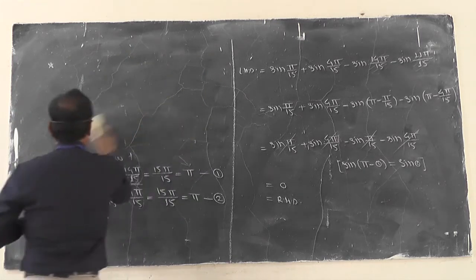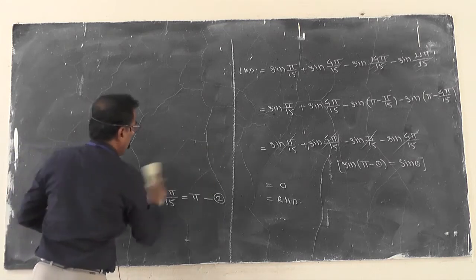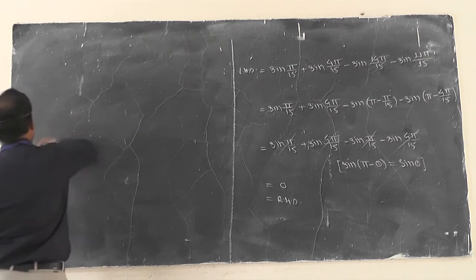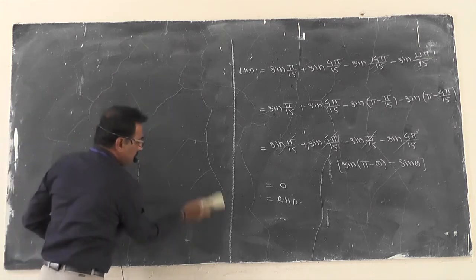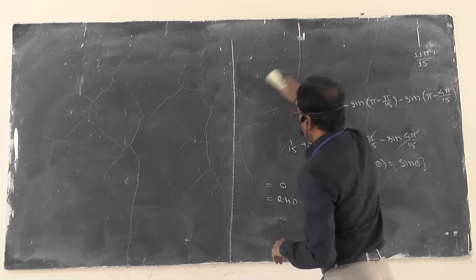In order to clear this idea, once again take second example of same type where answer is non-zero. I have taken a single example here, answer is 0. Now I will write an example where answer is non-zero now.